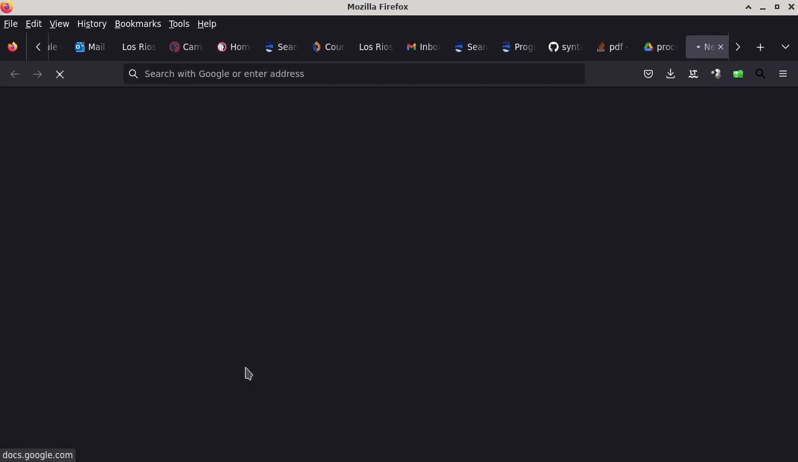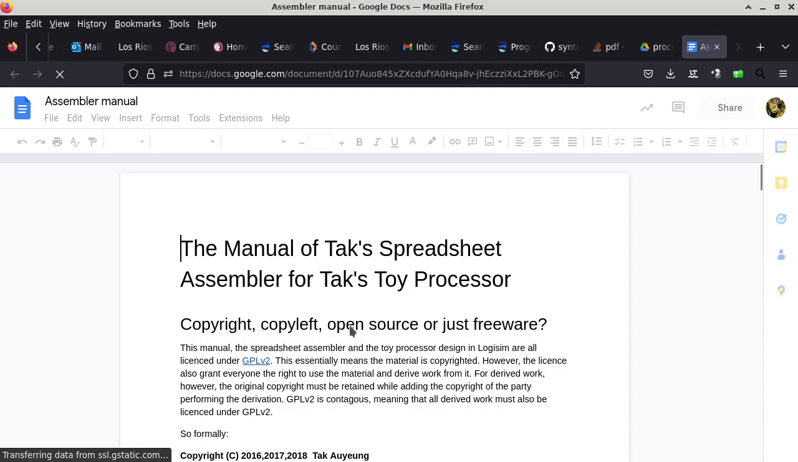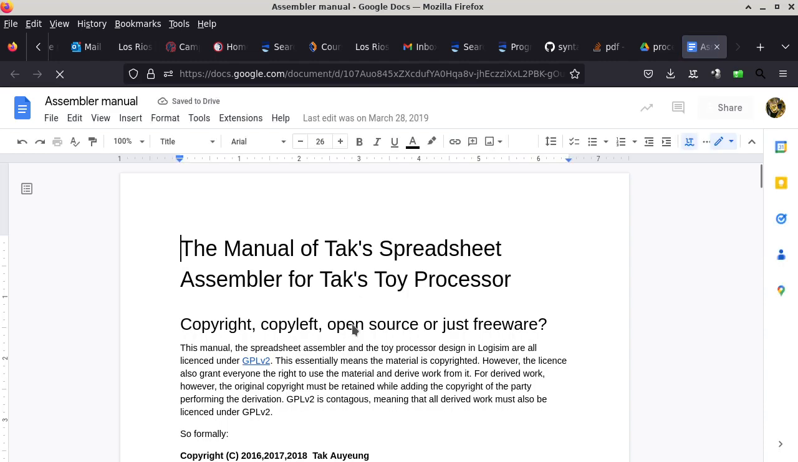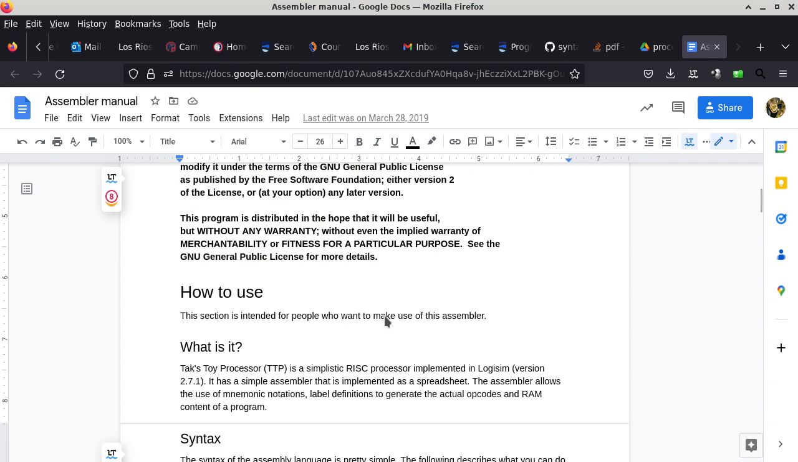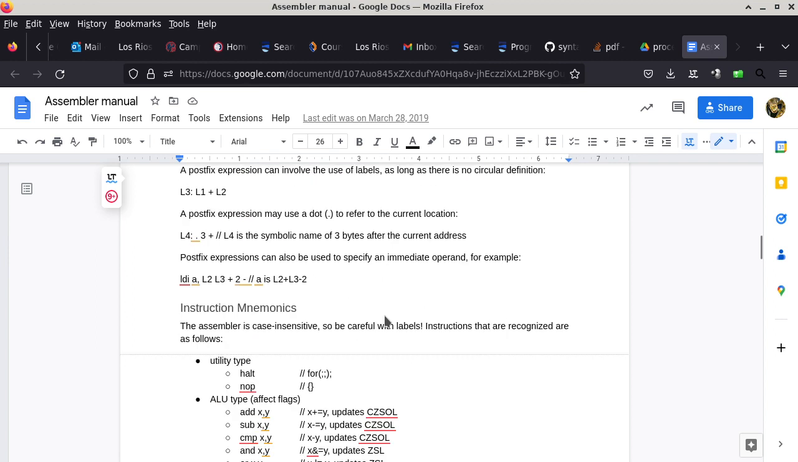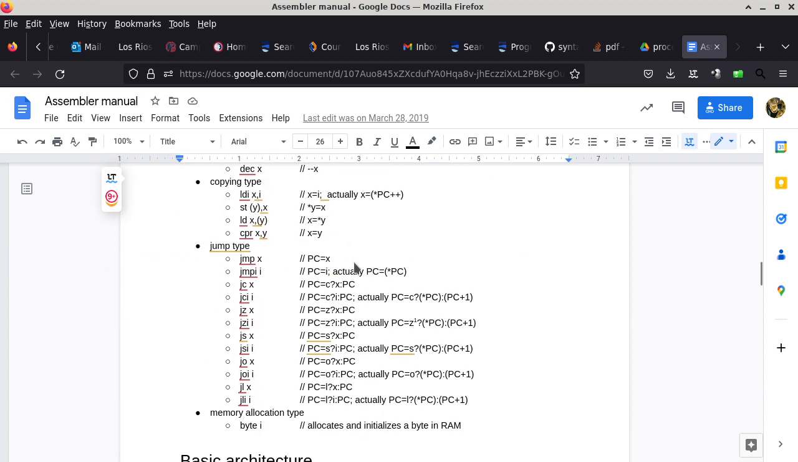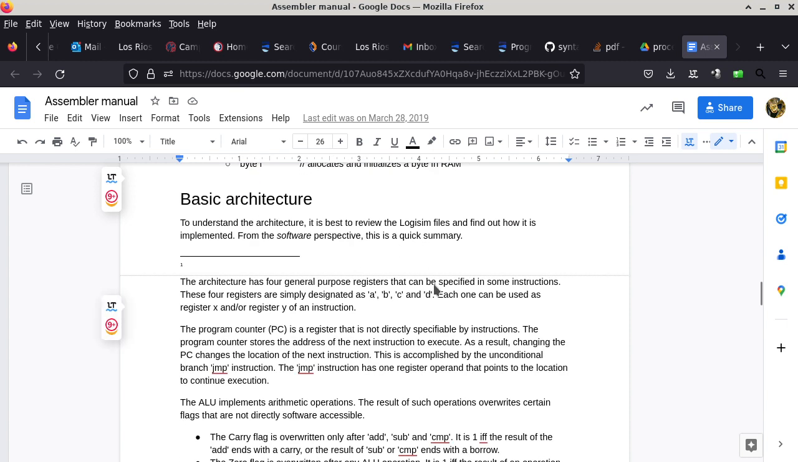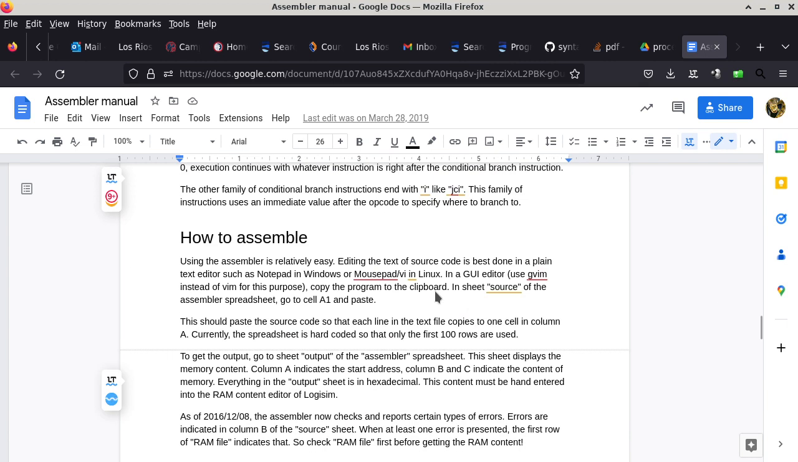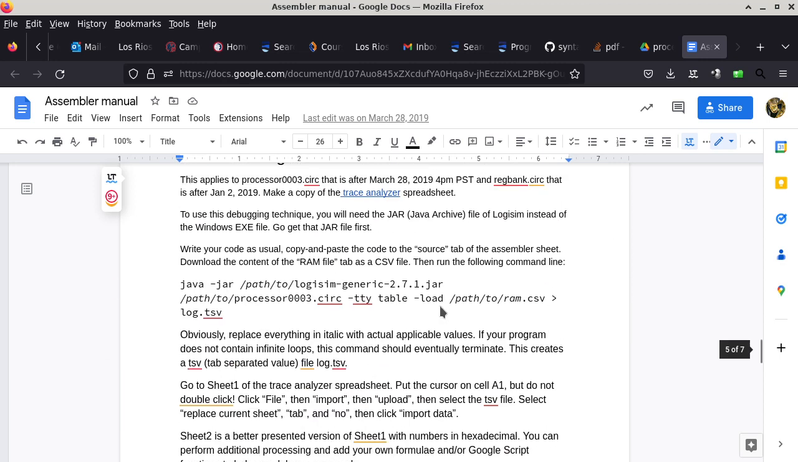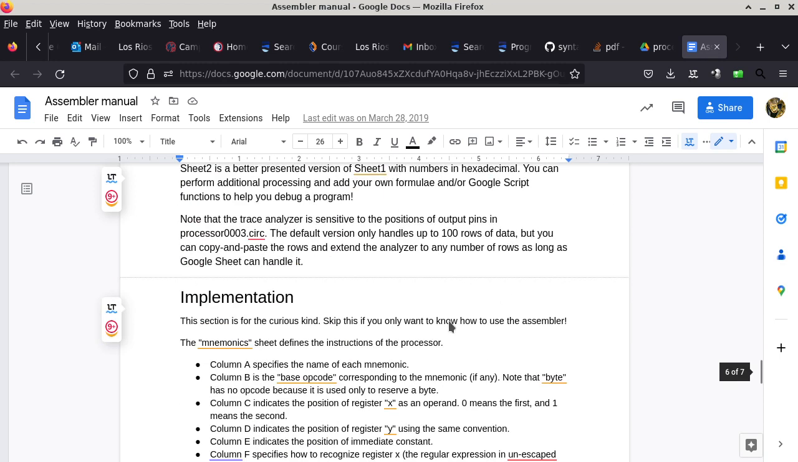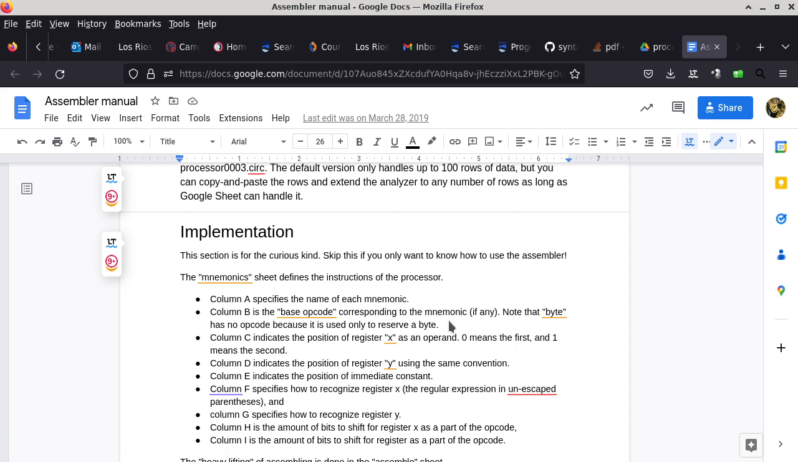All right, so what you're referring to is the assembler manual. And if you have not read it, I would recommend you to take a look at it. Not the entire thing, because some portions of this is not really relevant, but it does talk about the postfix notation right here. It talks about the instructions. It talks about the basic architecture. It talks about how to do the assembling, how to debug. The implementation is not needed, okay? So you don't need to go as far as the implementation,